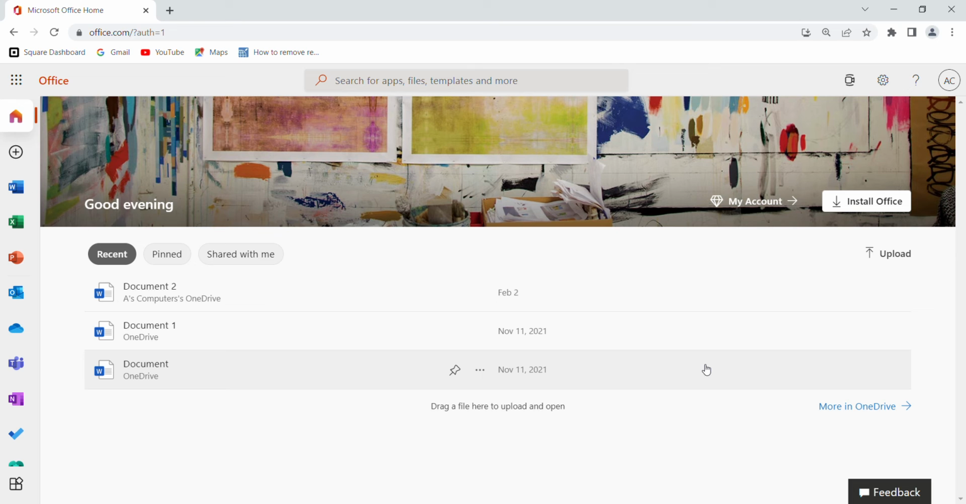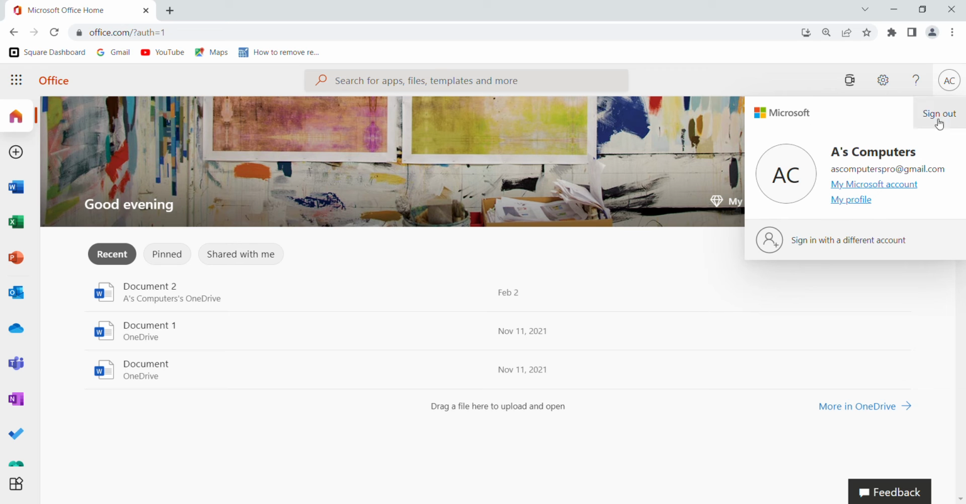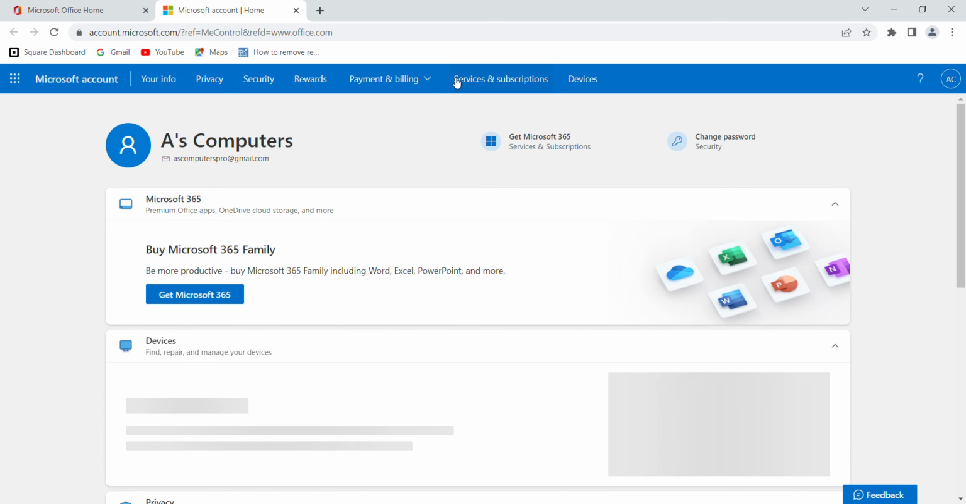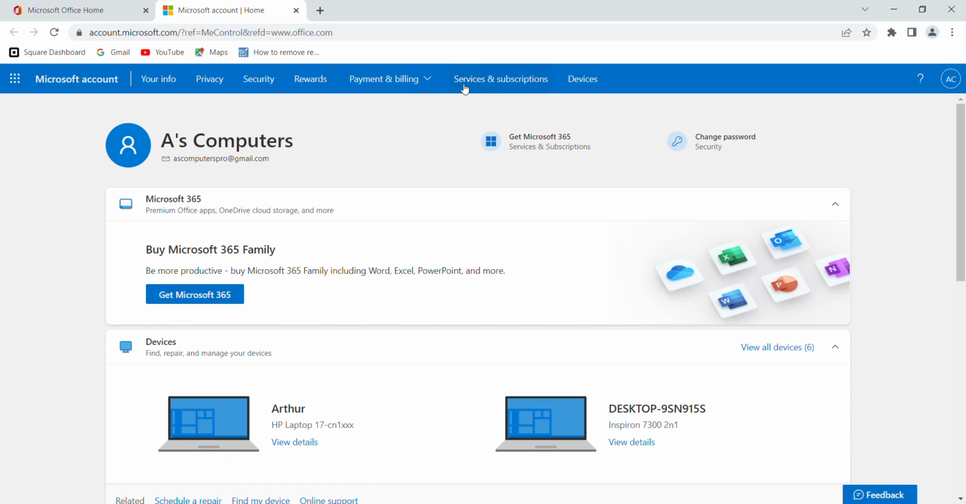How you go into your account? In the top right corner here you will see, okay, this is your account. I press this one and then my Microsoft account. When I press this one, now you go in this services and subscriptions. Okay, if I click this one,